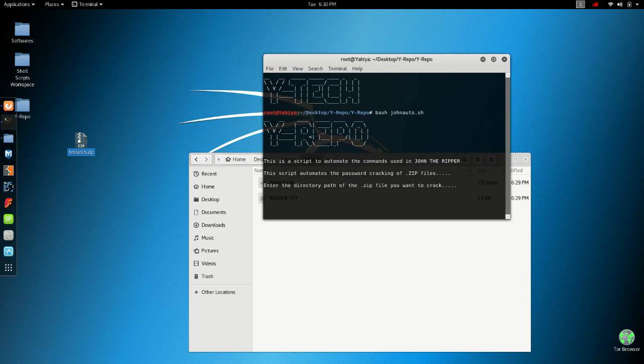This is a script to automate the commands used in John the Ripper. This script automates the password cracking of .zip files. So after getting the prompt of the directory path of the .zip file,